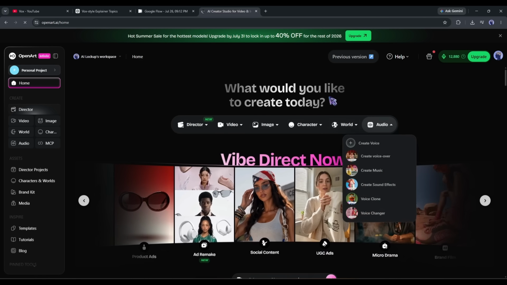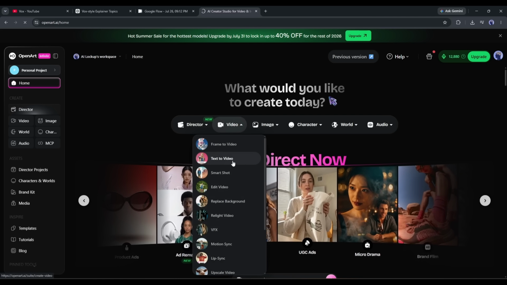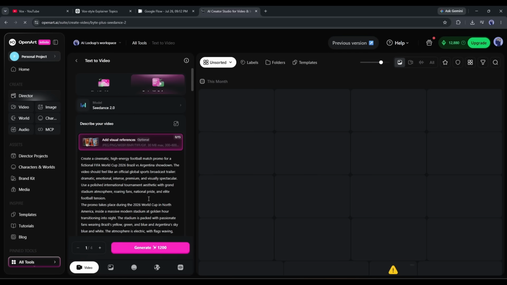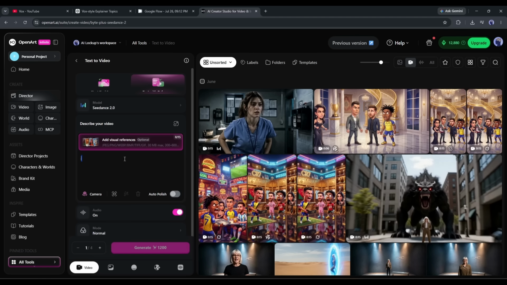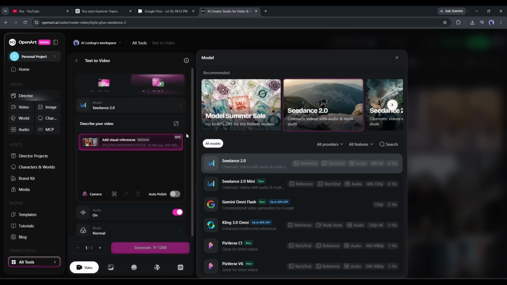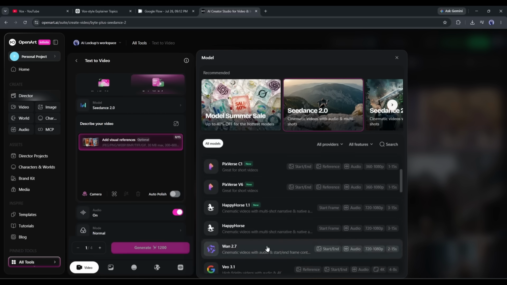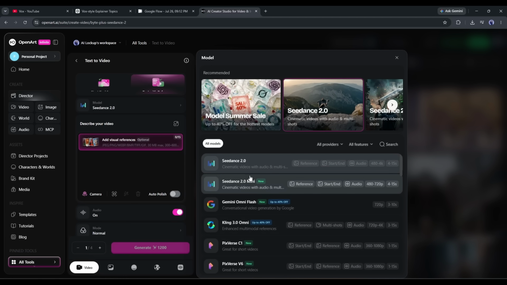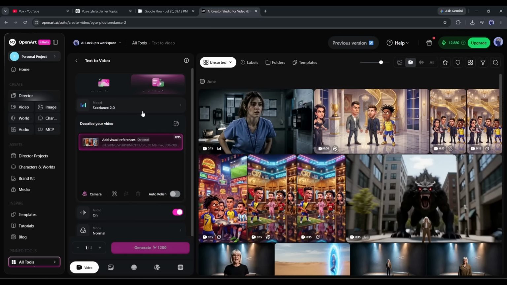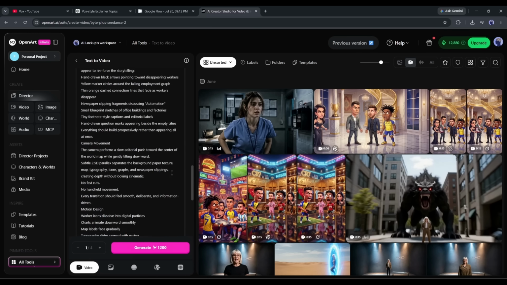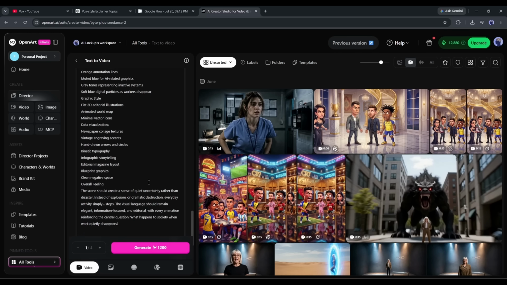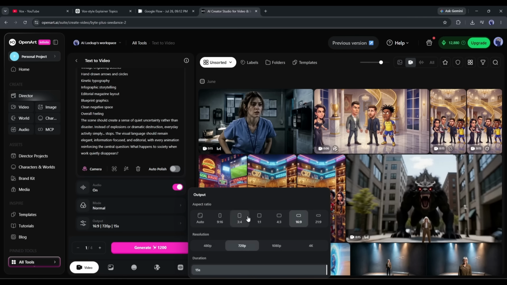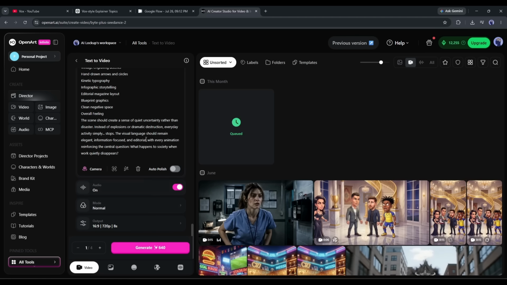Today, I will use the video generator mode. I am selecting the text-to-video generator feature. Okay, this is the text-to-video generator interface. Now, first of all, you have to set the video model. You will find over 30 top AI video generator models here. You can use any one. I am selecting the Seedance 2.0 model. Once the model is set, enter the prompt inside the text box. After that, go to the settings. Set the model, duration, and other settings. Once you are done, hit the Generate button.